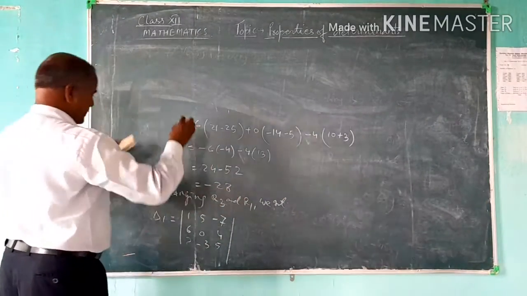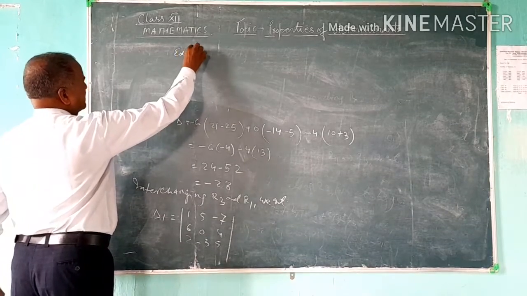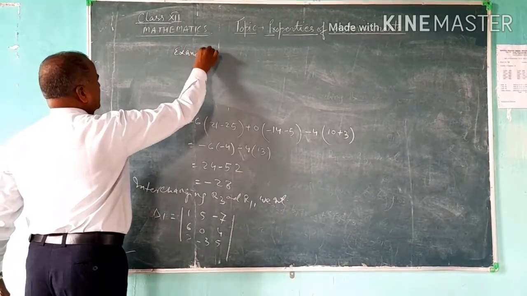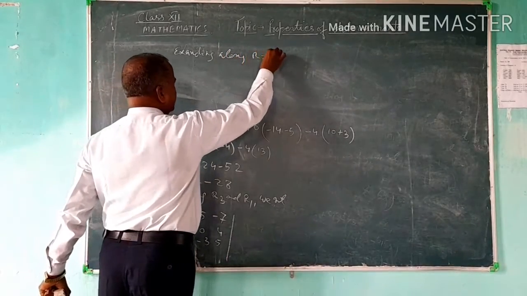So this is equal to, expanding along R2, we get